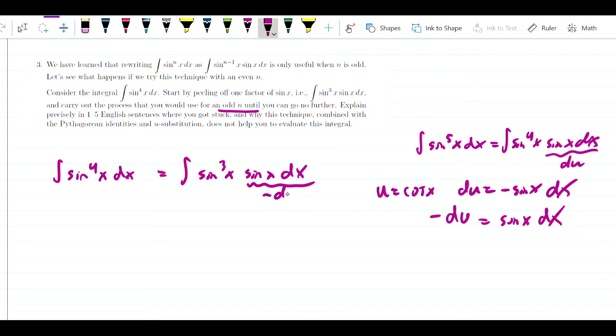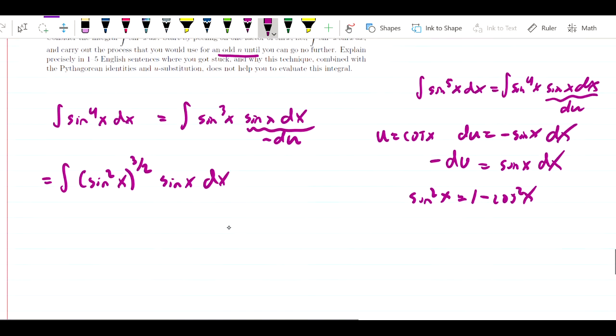What I then have to do is rewrite this integral using the identity sine squared x equals 1 minus cosine squared x. So what I have to do is rewrite this as sine squared x to the 3 halves sine x dx,